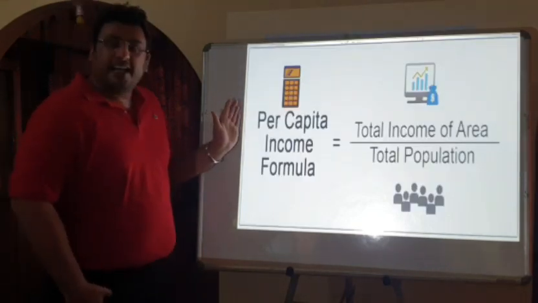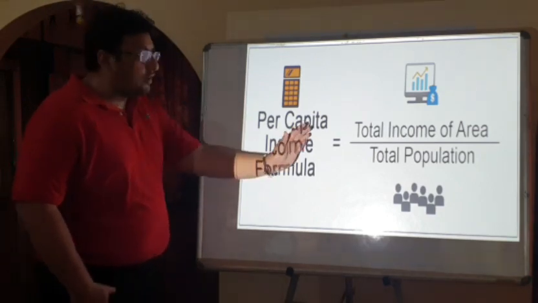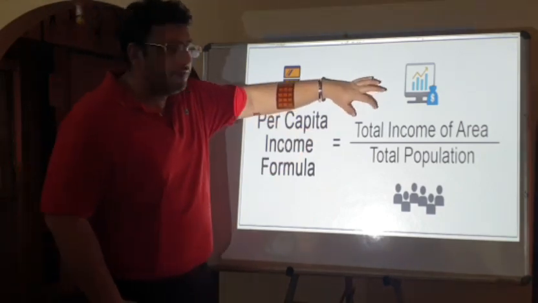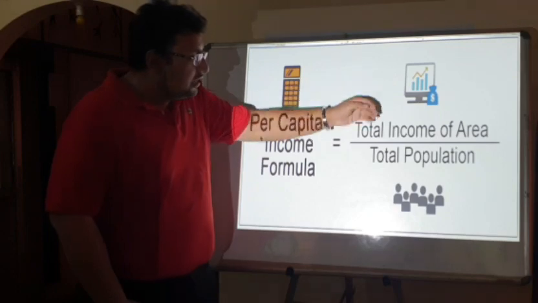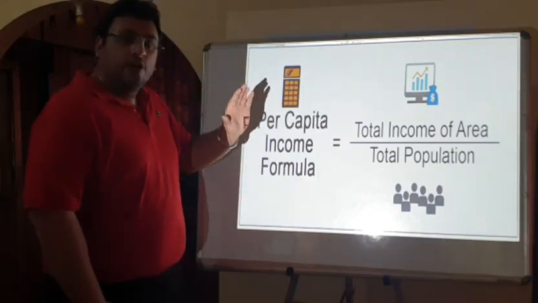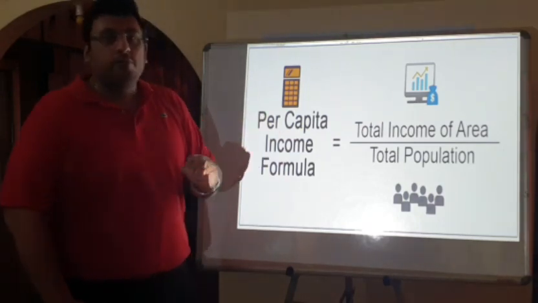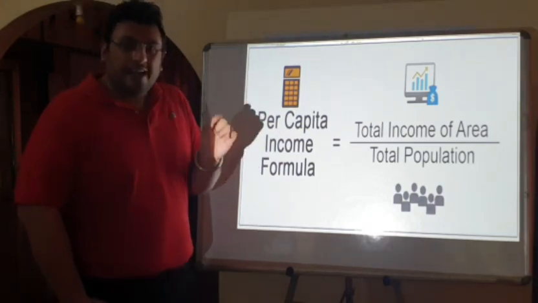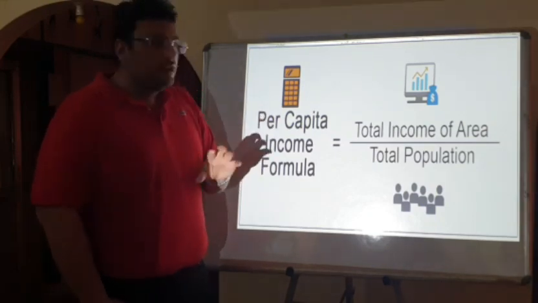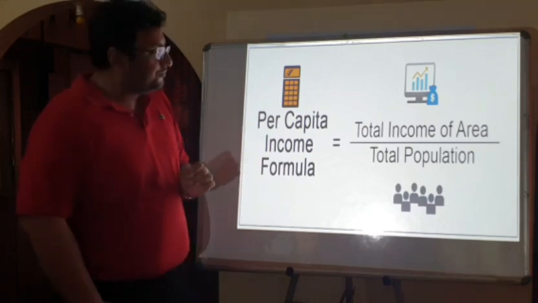The formula of per capita income, as we have discussed, is the total income of the country or the state divided by the total population. Dear students, copy these slides in your copy. Write down everything which you see. Pause the video, write it down and again play the video, so that afterwards you always have a copy ready with you.